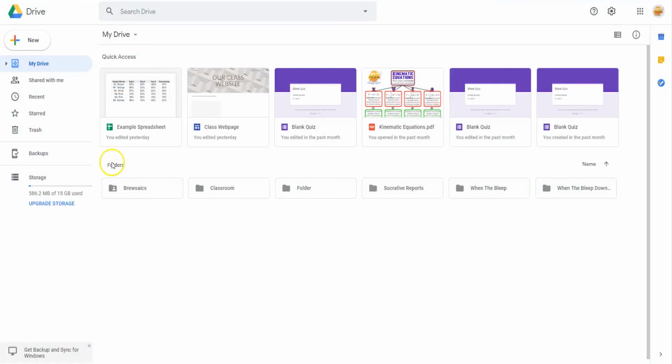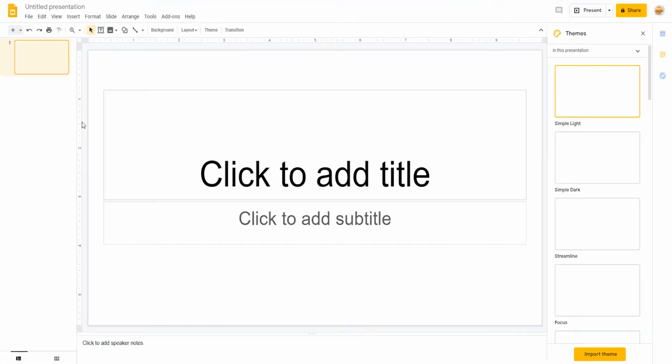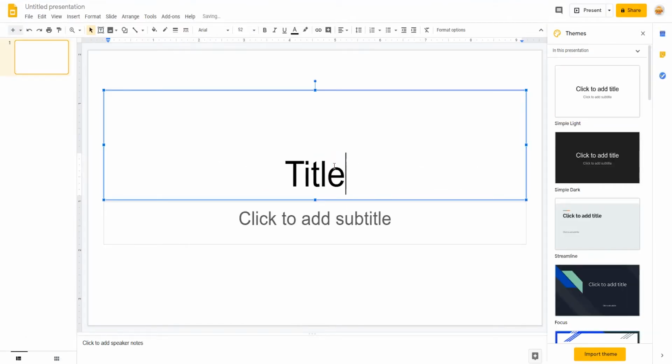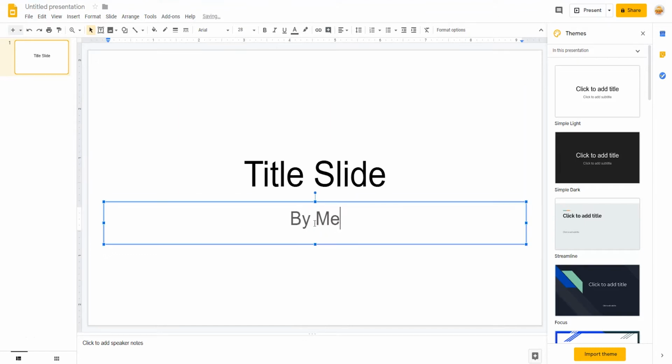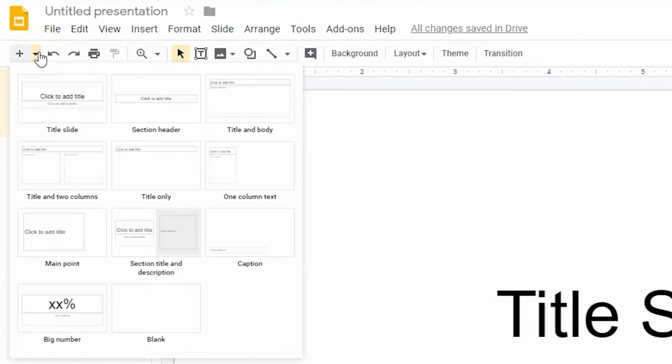To create a Google slideshow, click the plus icon and select Slides from the drop-down menu. You can edit any of the text boxes, and even edit the theme of the whole slideshow. To add more slides, hit the tiny plus sign, or hit the arrow next to it for a drop-down menu